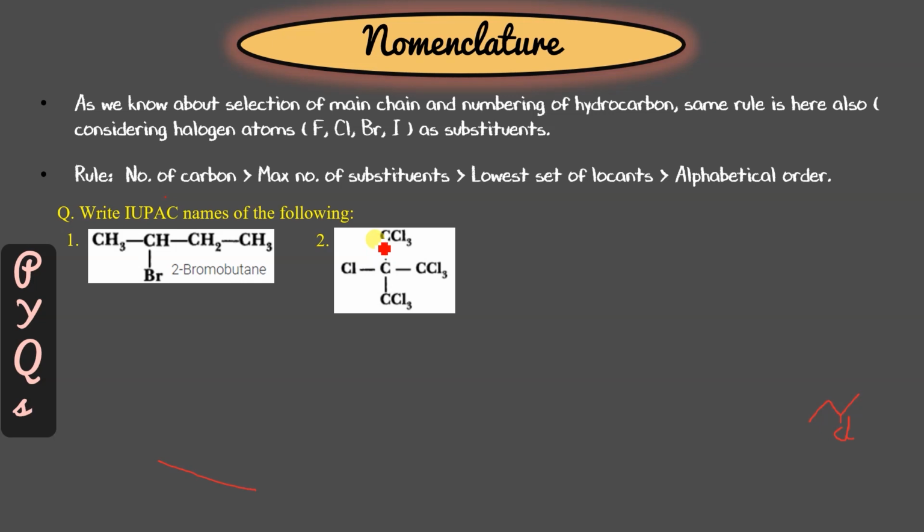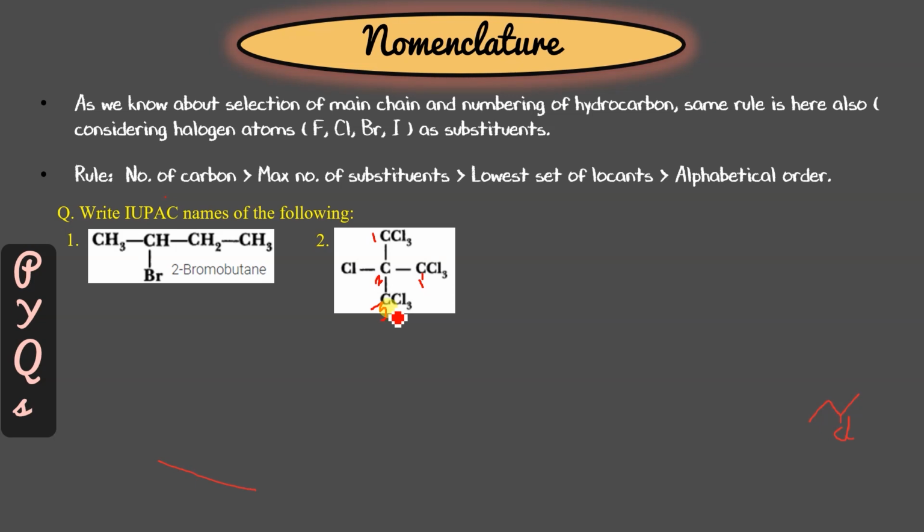See, the main chain you have to decide. This is 1, or you can say that anyhow you can go. So it will give you three carbons, isn't it? This is 1, 2 and this is 3. Okay, so you can see that this is branch under branch. So this can be 1 dash. Can I say 1 dash? Yes. So this will be 1 dash 1 dash 1 dash trichloro, and then 1 1 1 2 3 3